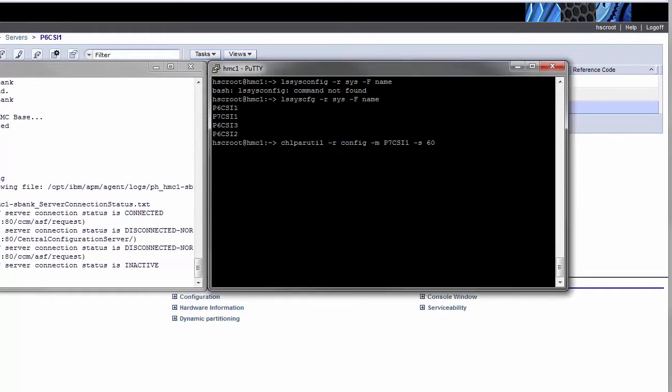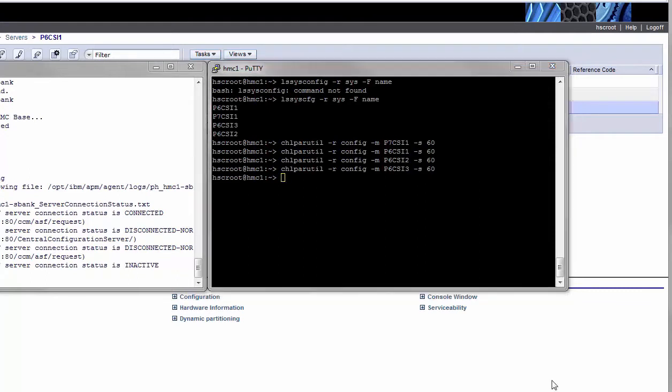We set it to 1 minute, and we apply the same thing for the rest of our power machines. So our sampling rate is now set for all of our servers to gather utilization data for our power servers